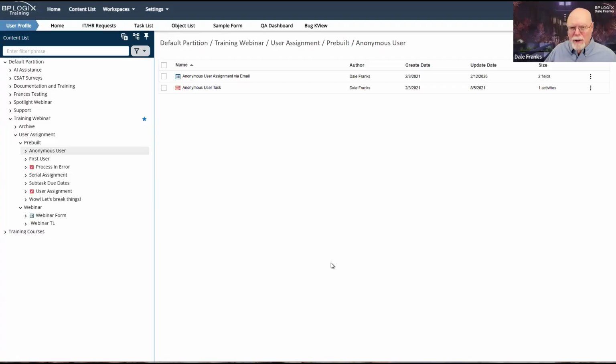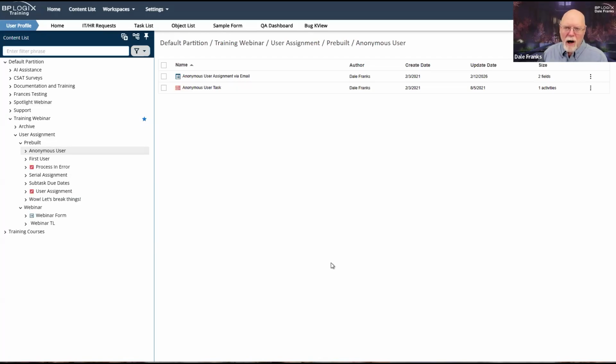So let's talk about anonymous users first. Normally, when we're talking about anonymous users, we're generally talking about people from outside of our organization. They're not in our Process Director system. They're not part of our Windows system. They're generally outside the system completely. Most often, this would be customers. Or if you're in higher ed, as some of you are, that would be students.